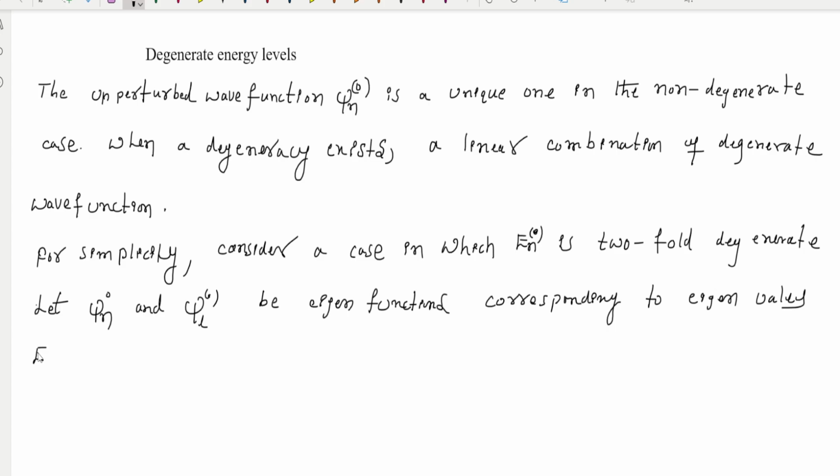One is En power 0. The energy is the same, no need to worry about this energy level. That is the degeneracy. And a linear combination of these two would be,